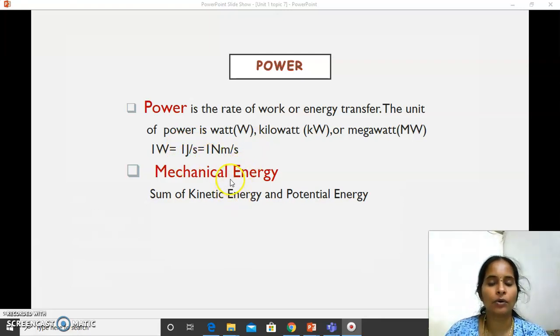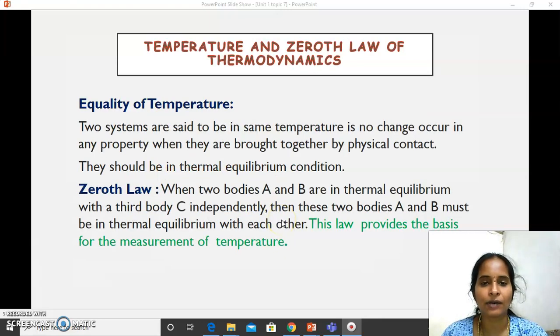And one more new term you want to know is mechanical energy, which is generally specified in thermodynamics as the sum of kinetic energy and potential energy. So this is a simple tip to know, basics only. And now we are moving to the important concept of thermodynamics, which is the zeroth law